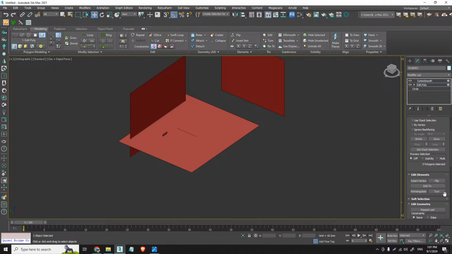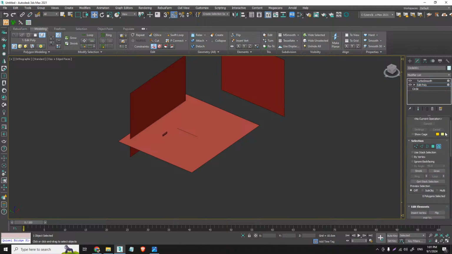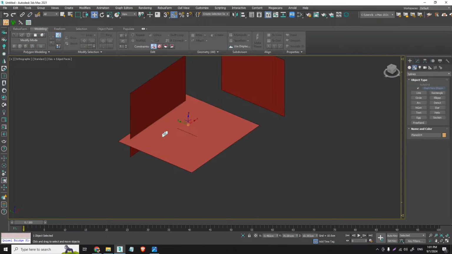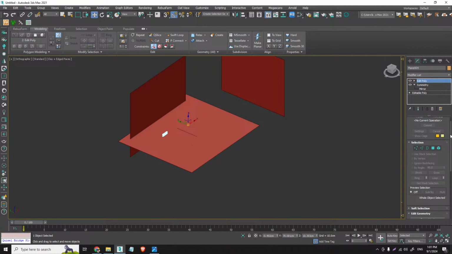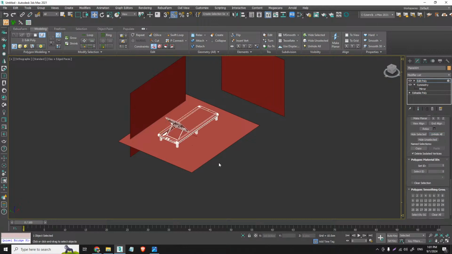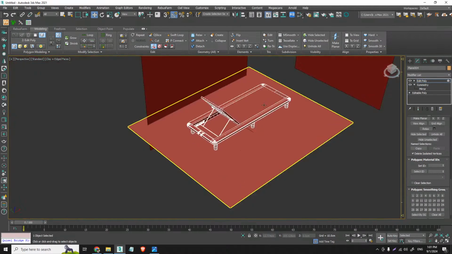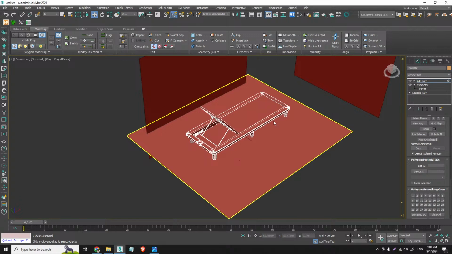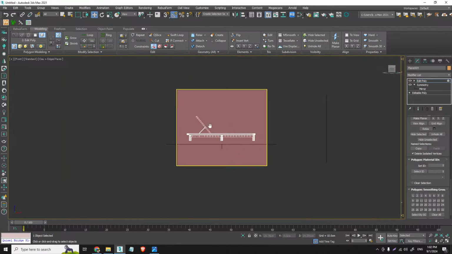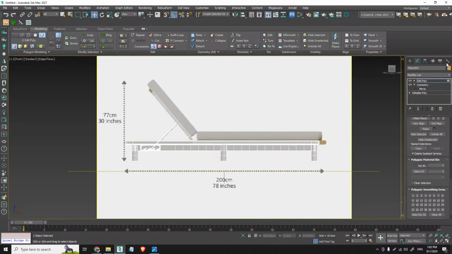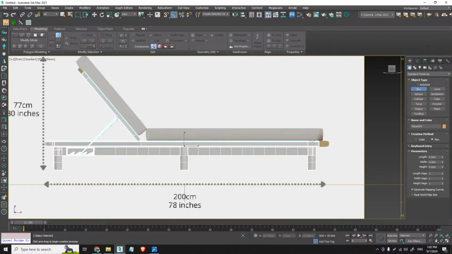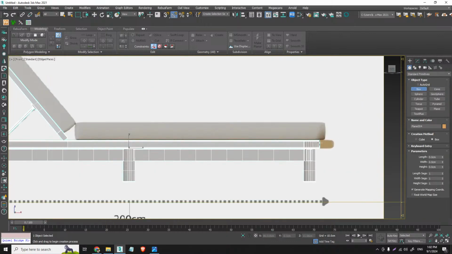Let's, yeah, we need to unhide everything. Wrong object. Hide all right here. Yeah. And that was the basis of our sunbed. But we also need to make these pillows. Now let's create one of the pillows right here. As you can see here, we have some